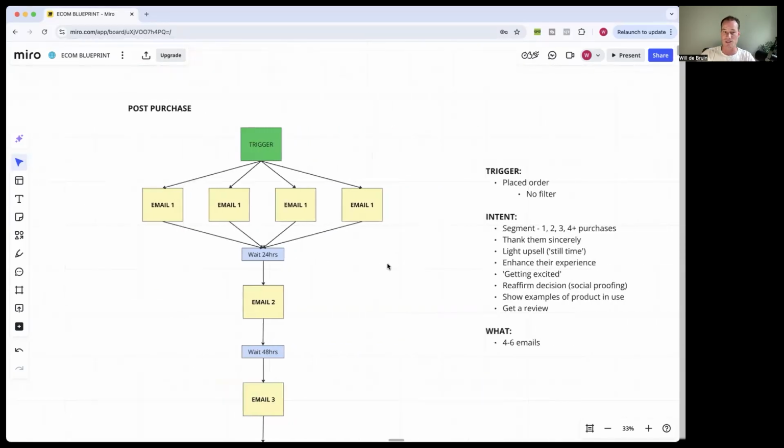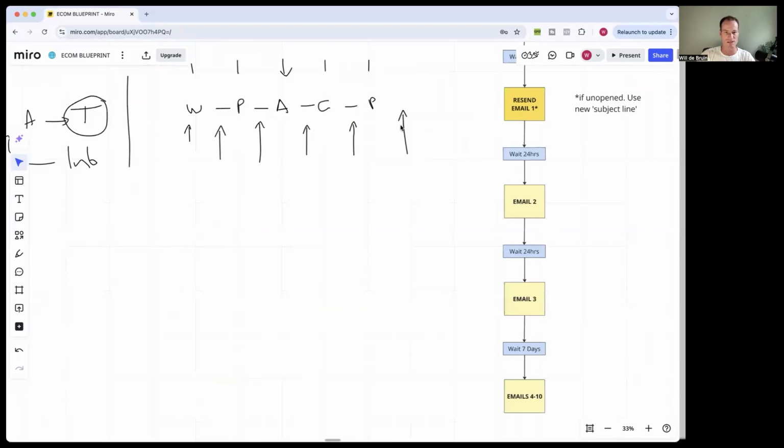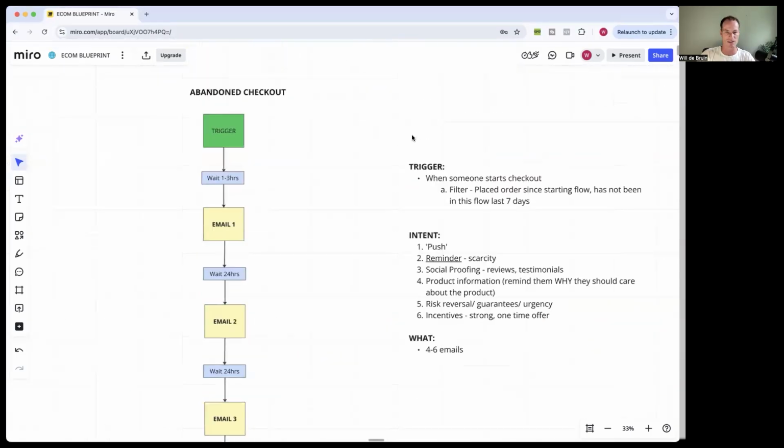Then the next one is post-purchase. Okay. So going back to the funnel here, they've just purchased. All right. We want to make them feel good. All right. So the trigger here is